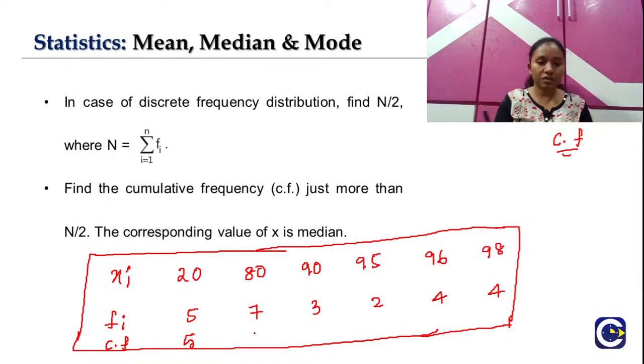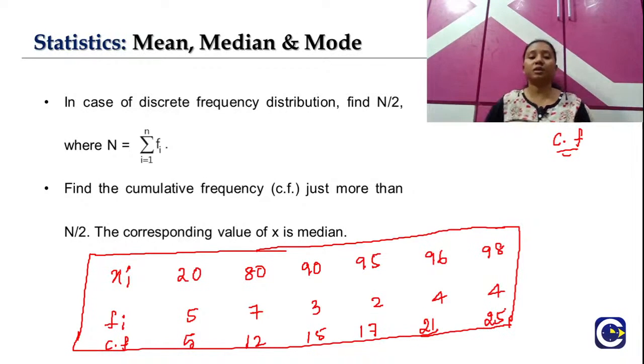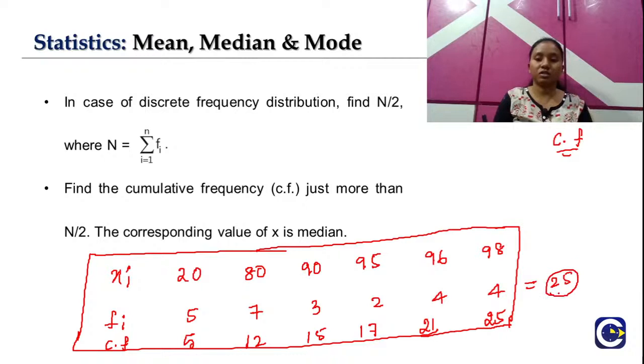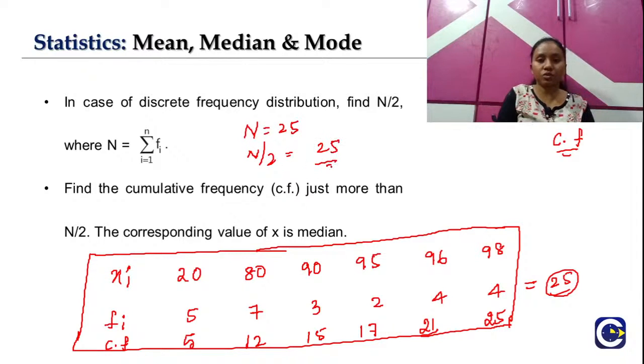So here it is 5. So 7 plus 5, 12. 12 plus 3, 15. 15 plus 2, 17. 17 plus 4, 21. 21 plus 4, 25. So the cumulative frequency is 25, which means the sum of all the frequencies is nothing but 25. That means our capital N here is 25. So according to the formula, we have to find N by 2. That means 25 by 2,